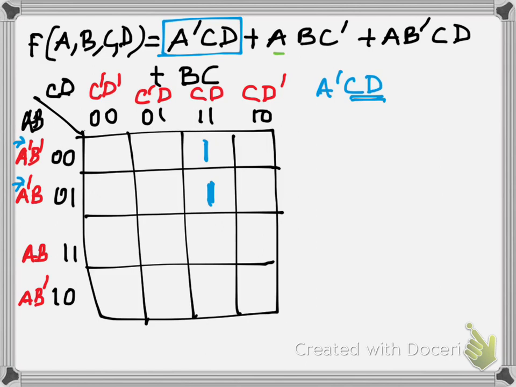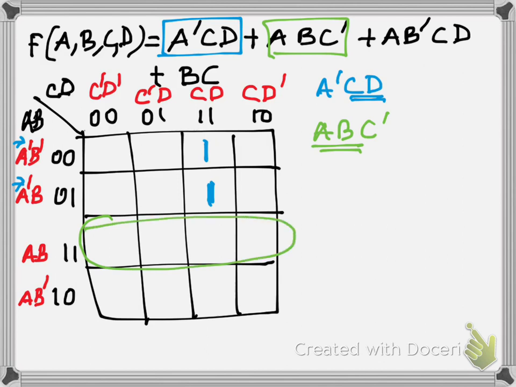Next term is this, that is A, B, C dash. Now what is together? AB is together. So AB comes in the row, so we take this row. Okay, and which other element we have? C dash. So which are the columns which have got C dash? That is this column and this column. So what is the intersection? Intersection is this cell and this cell. Okay, so I'll just erase this. So I put 1, 1. So whichever rows and columns are intersecting, you put 1s there.